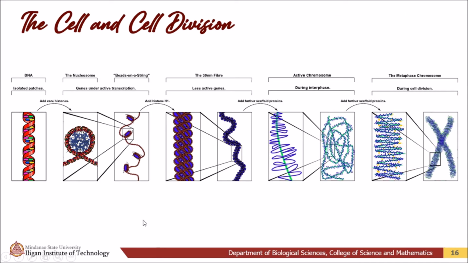Okay, so let's try to test ourselves. So this thing here, this nucleosome is the chromatin primary structure. This one right here is the chromatin secondary structure, or what we call the solenoid chromatin fiber. And this one right here is the chromatin tertiary structure, or the chromosome.